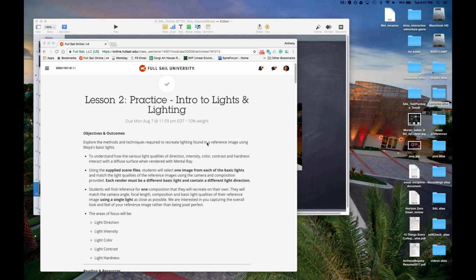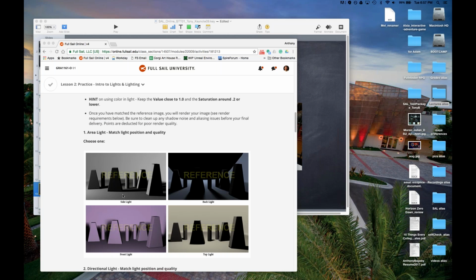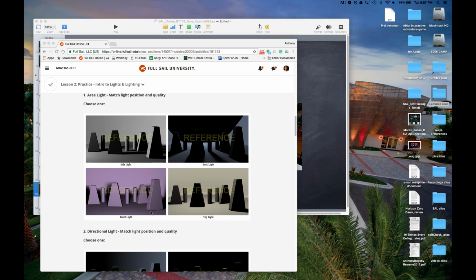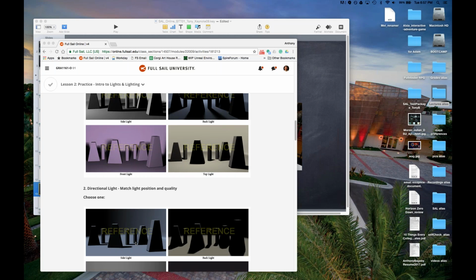So down here is our reference. You're going to have to pick from 4 different options for each light. So you have to do one of each light, and once you pick a direction, you cannot reuse that. So if we do area light side, then we can't do area light or side light directional. So you need one of each, basically.